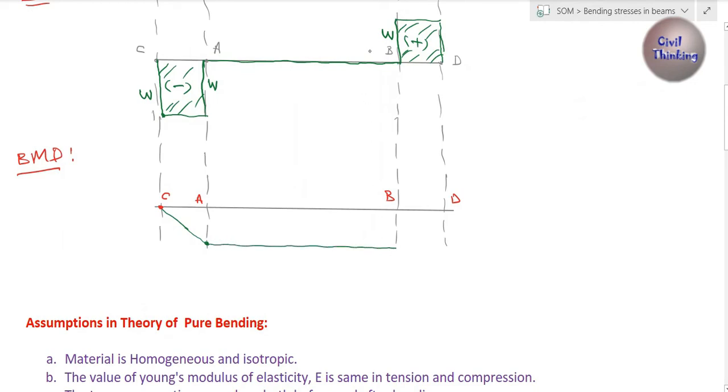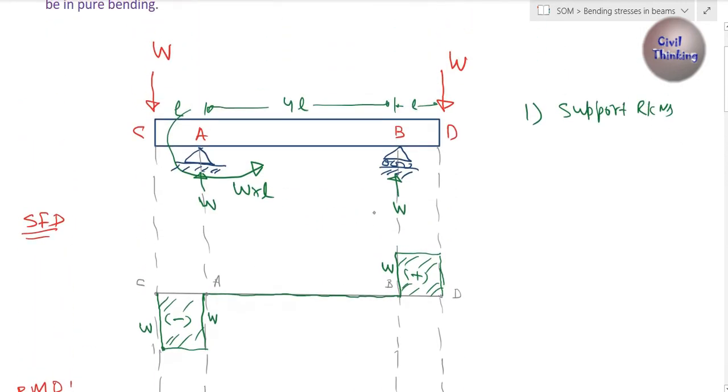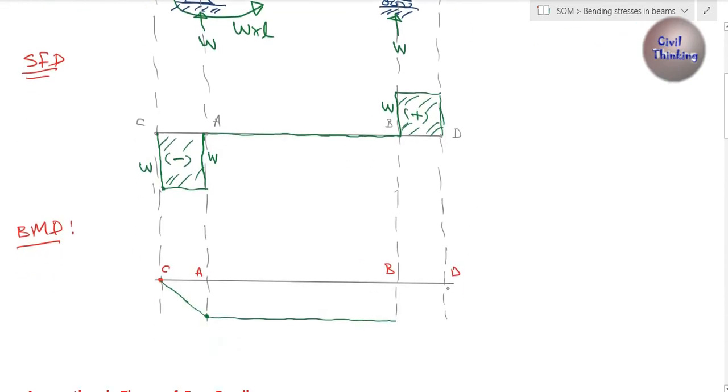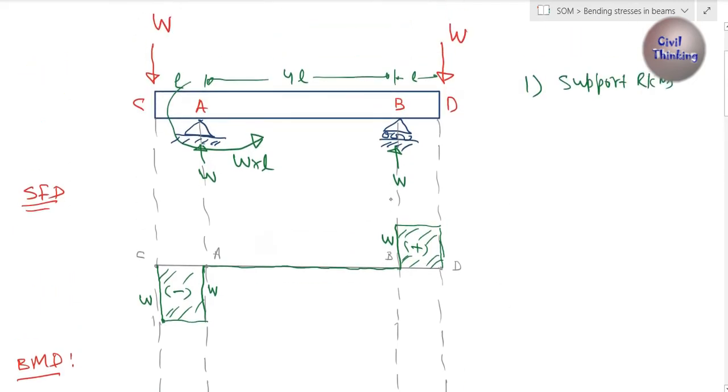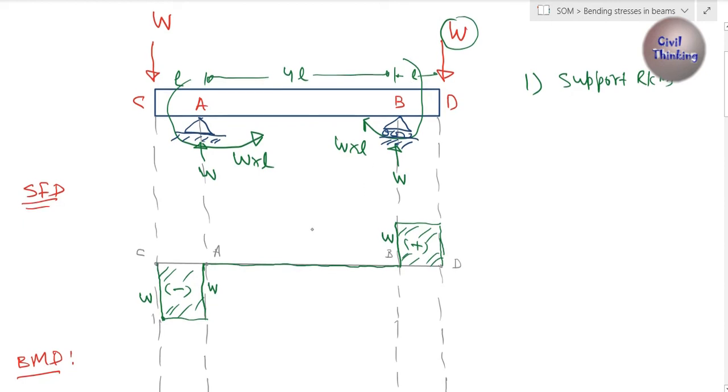Okay, now again the point D, it is a free end, so it will be zero bending moment. I will draw a point on the zero line, and at B how much is the moment? Here is a clockwise moment, right? What is the magnitude of this moment? W multiplied by L again, right? W is the load and the distance between the point and the point of moment is L, so W multiplied by L,